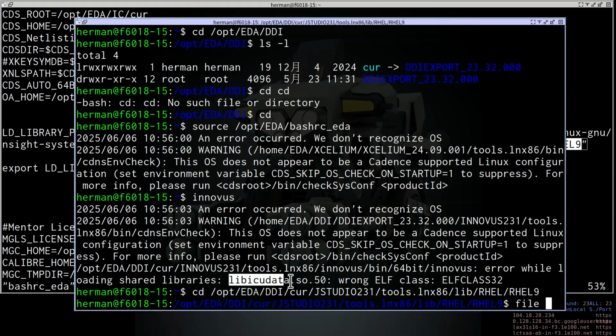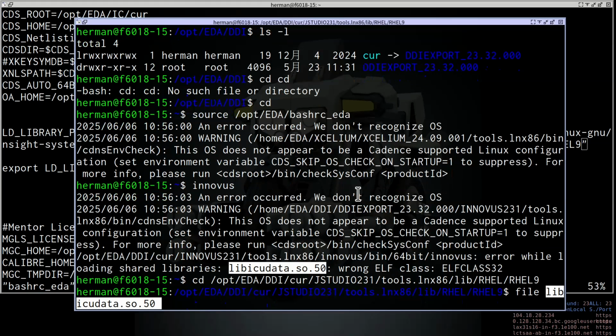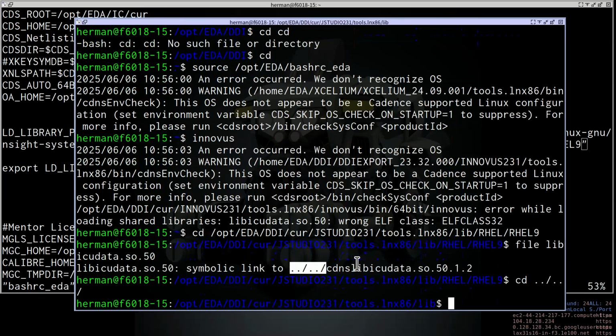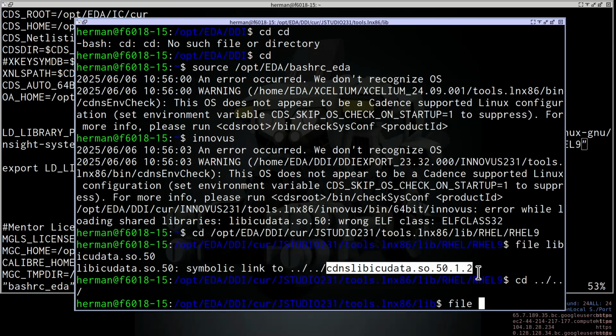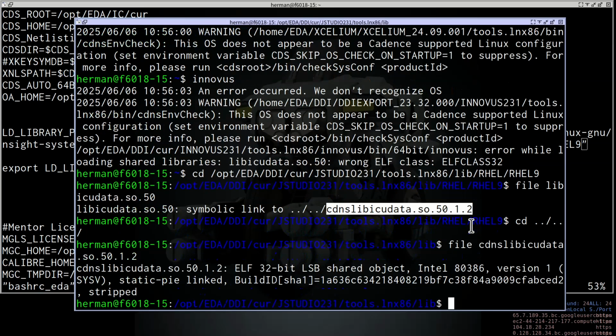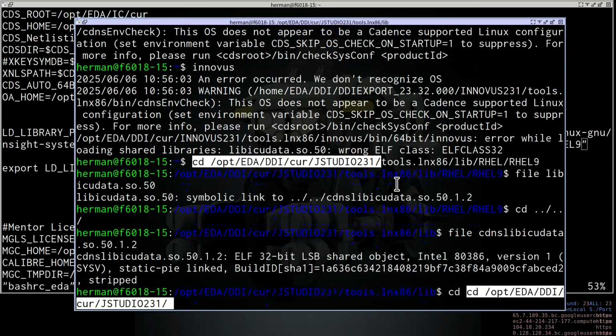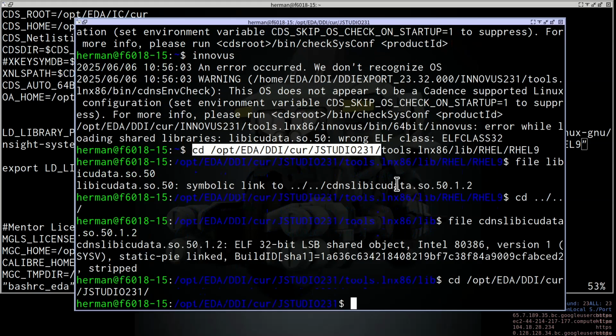We need to make sure that this is the correct version. Okay, so it links to here. cd, file, this one. Okay, so this is a 32. This is the wrong directory. What should we do? We need to find the correct version, not a 32-bit version.